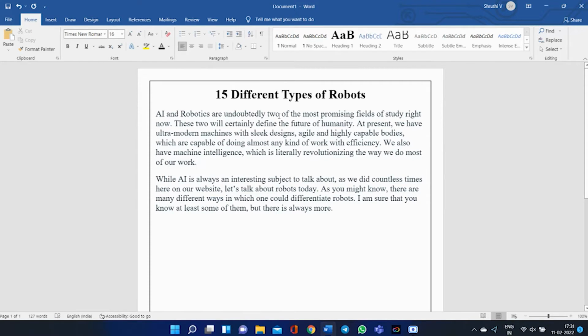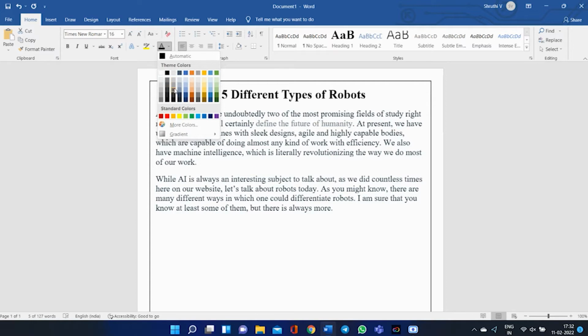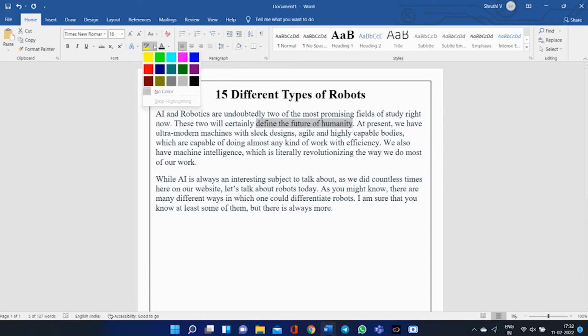In order to highlight some important points which you feel you want to highlight, you can select those words. And this is the highlight option.